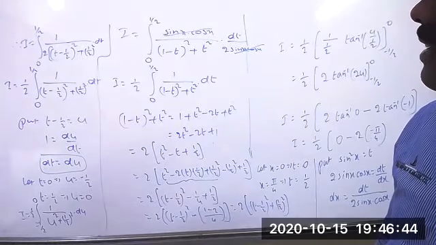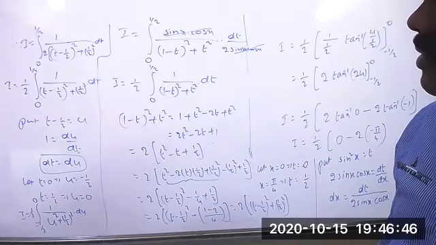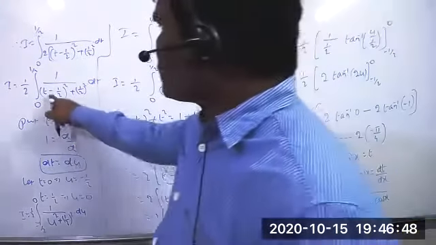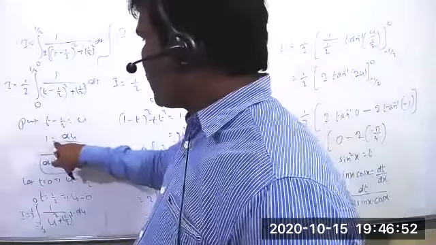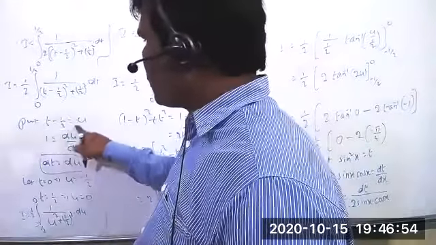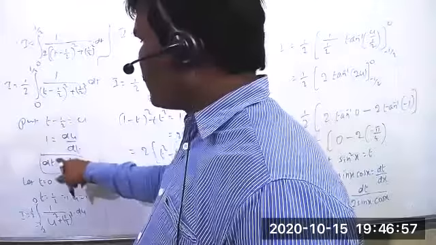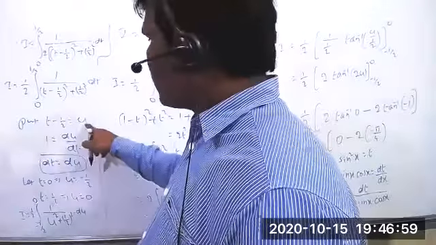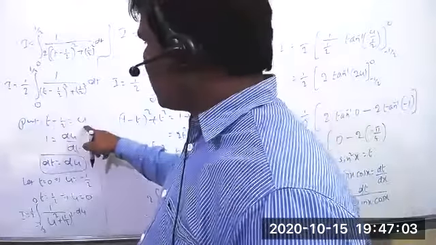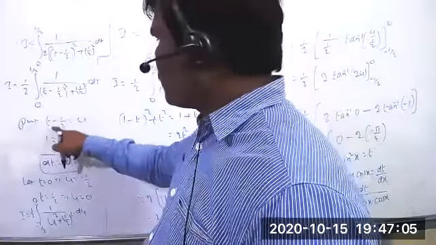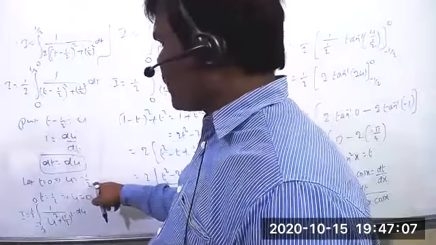They're correct only. It's not a mistake there. Then we are taking here t minus 1 by 2 equals some u. We differentiate that: 1 equals du by dt, since the constant is 0. So the value of dt equals du. But when you're taking a substitution, I change the limits also. So t equal to 0 means now u equals minus 1 by 2.